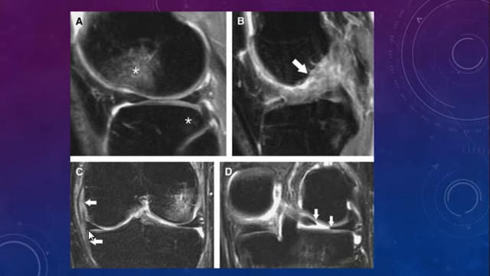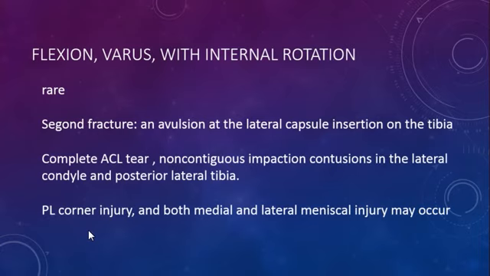The next mechanism is a flexion varus with internal rotation. Flexion varus with internal rotation. So it's almost opposite of the previous one. It is a rare mechanism, usually resulting in what's called a Segond fracture, which is an avulsion of the lateral capsule